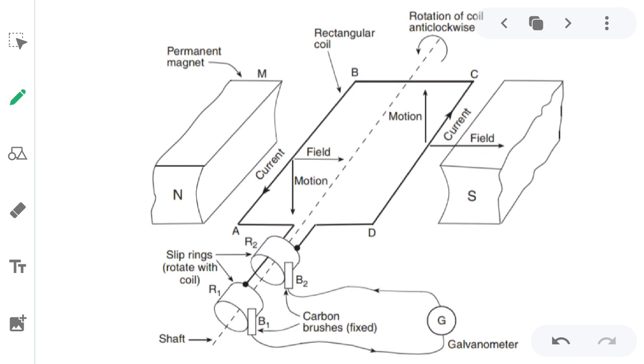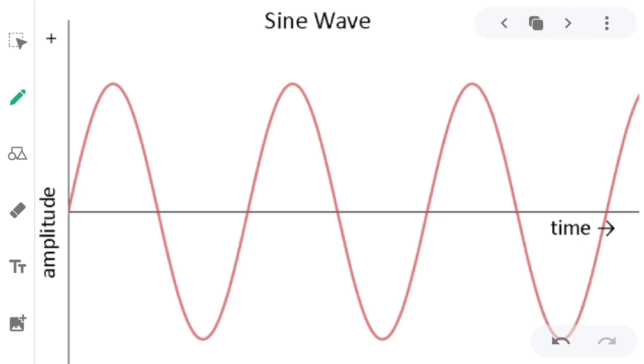Okay, so here now the point comes that why do we call it AC current? Because it changes its direction. Here you can see in this sine wave that once it becomes positive, then negative, then positive, then negative, it completely changes its direction, positive, negative. That's why it is called alternating current, which alternates its direction each and every time.